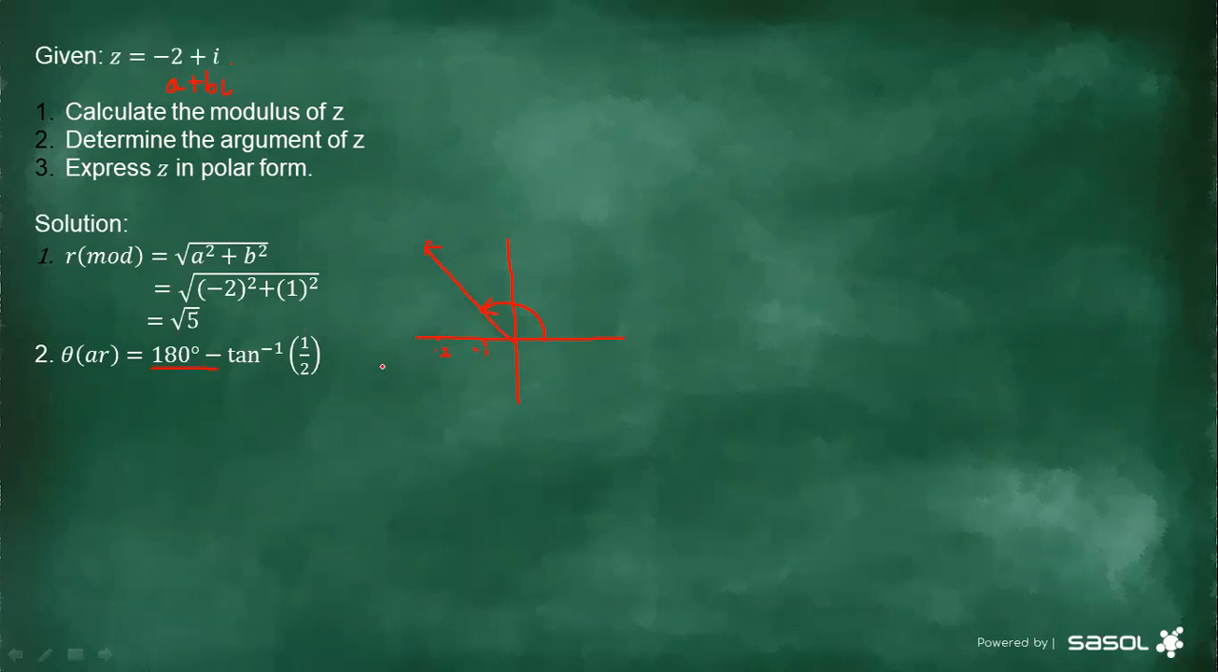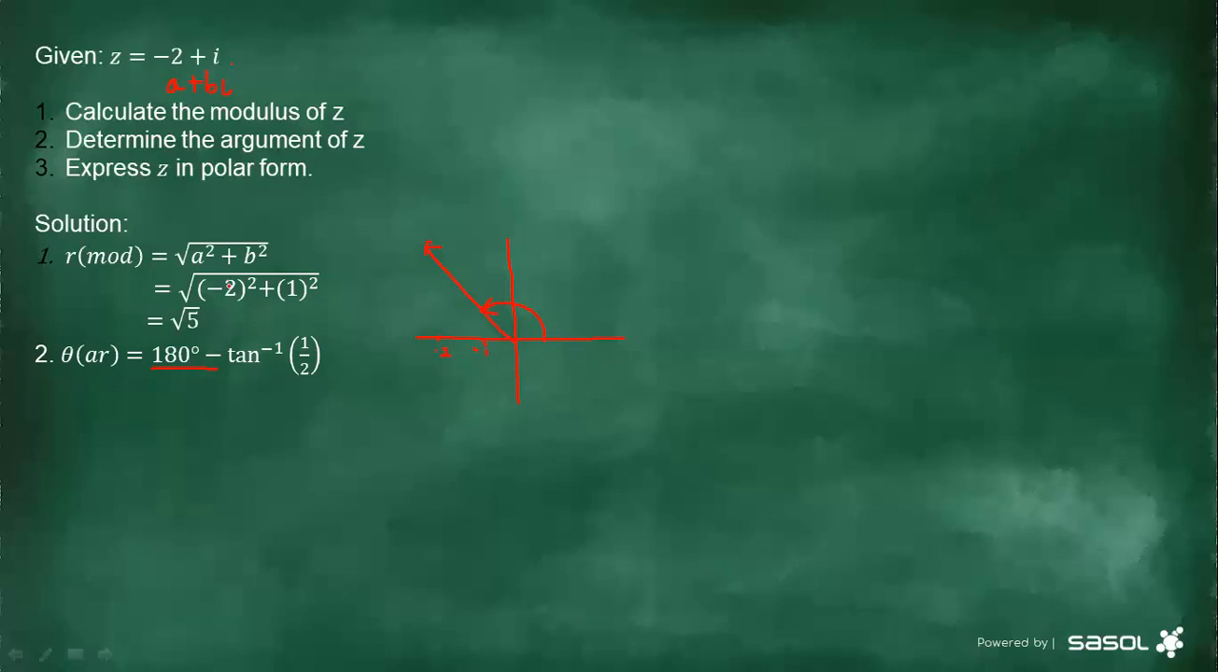So every time you have to calculate the argument, the angle, you first have to start here and draw the argument diagram. Then it will tell you which quadrant it is in. If it is in the second quadrant, you just say 180 minus. If it is in the third quadrant, it's going to be 180 plus. If the terminal arm is in the fourth quadrant, then you're going to say 360 minus